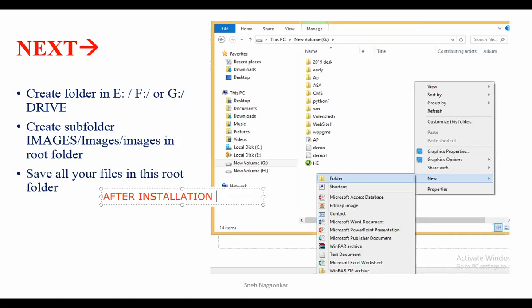The immediate second step after the installation is that we need to create one folder, right? Why do we need to create this folder, guys? We need to create the folder to store the data, right?